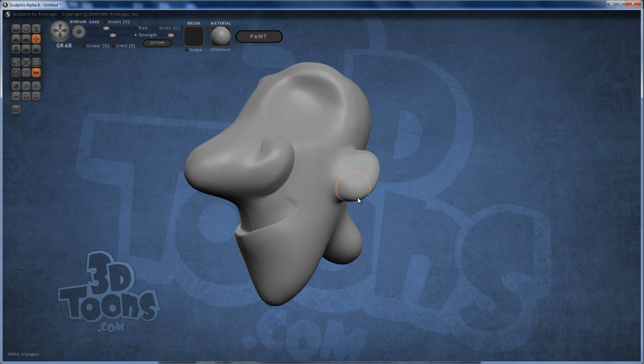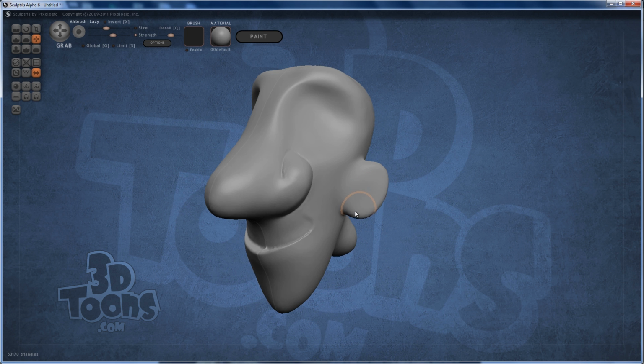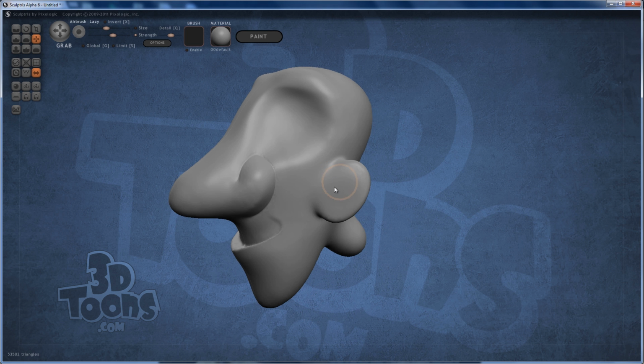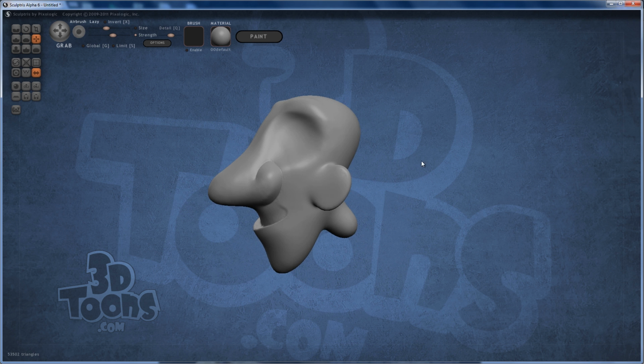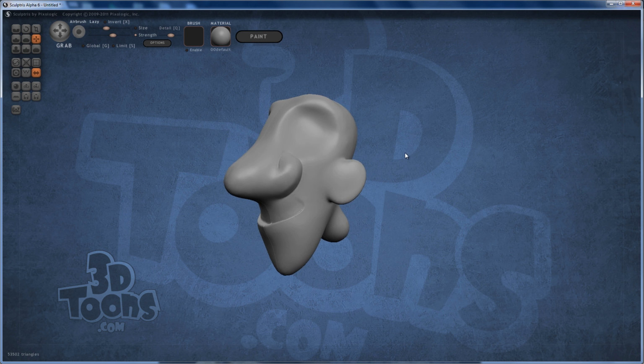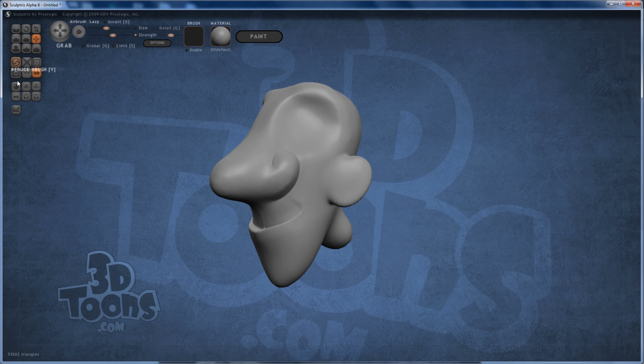It's just as easy as that. It's just tessellating as I pull it out and make that ear shape. Then I can come back here and smooth it into the head. Yeah, something like that. Now to add the eyes, all I have to do is there's a button right here